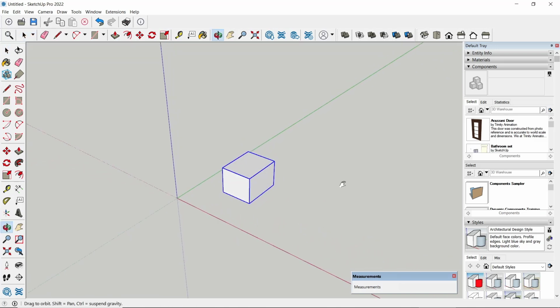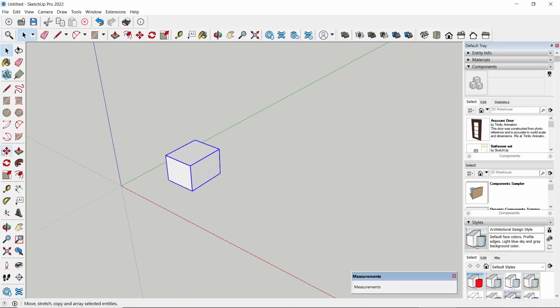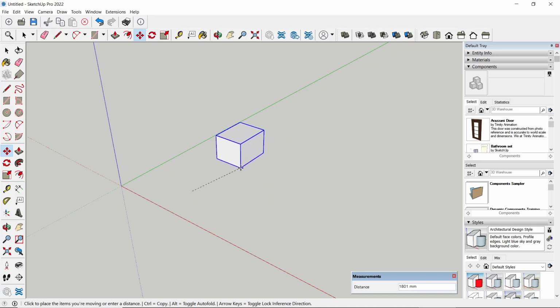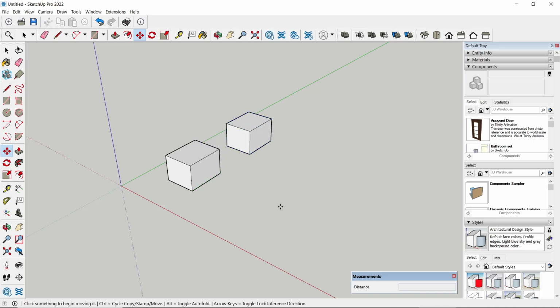If you want to copy this object, you can use the Move tool. Click at this icon, Move. For the base point, I will click on it, press the Control button once to automatically copy, and you can click at this point. If you want to copy multiple times, you can select the object, use the Move tool, specify